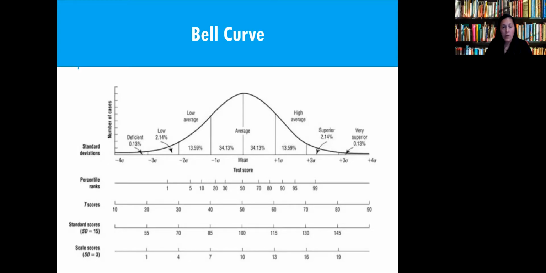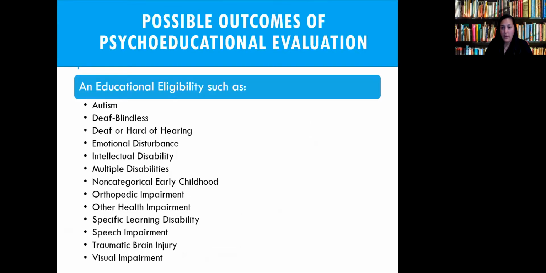Okay. I added all of the possible educational eligibilities here, not because you are going to see all of them, because it's very unlikely that you're going to see some of these in your day-to-day practice. I included them more for the emphasis that there are many individuals that you'll be working with that have disability conditions that are DSM, right? So medical conditions that may not fall specifically in any of these areas, or they do, but the term is so different that when you see the report and you're already familiar with the individual, you think that perhaps someone missed something. And maybe that's not the case. It's not that anyone missed anything. The disability condition, the medical condition is probably included somewhere in the report.